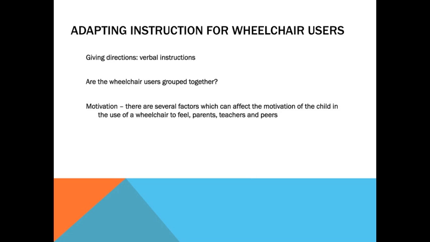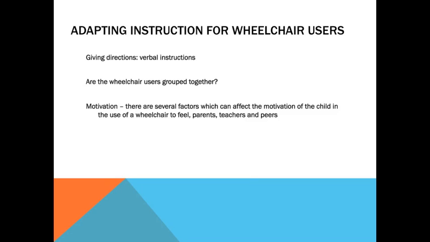Grouping. The wheelchair users should not be grouped together, as this can cause a ripple effect both for the wheelchair users and the pupils within the class. Dividing the pupils creates a divide in the class. It singles out different pupils of the class, which should not happen no matter what the case or environment.